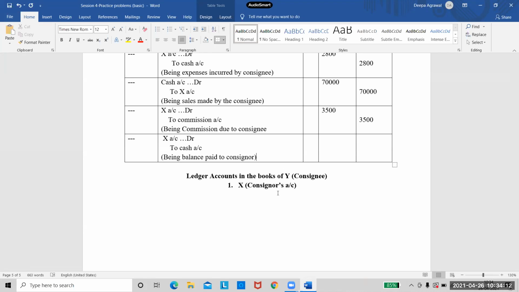See, so when we are writing this last entry, everything is settled, right? Anyone who had the previous doubt about commission, expenses, whatever it is, everything is settled with this last entry. Because consignee is directly deducting his expenses, his commission, and then whatever amount is left over from sales, the final amount he is sending it back to the consignor. So our balance was 33,700, right? 33,700.